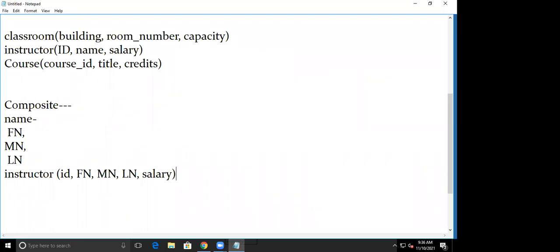Okay, so it means that here whatever the name, म्हणजे हे तिन्ही मिळून माझं नाव बनतं. It means these three are the components of name. That relationship is not shown here. It means first name, middle name, and last name combined form my name. That will not have any existence in my relational schema.